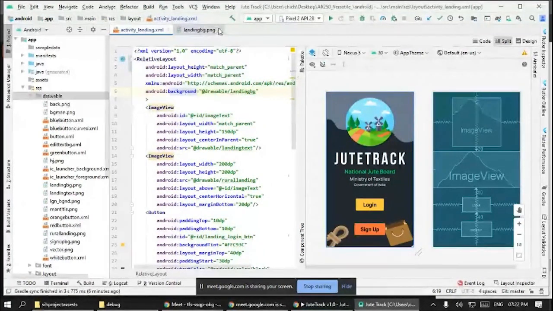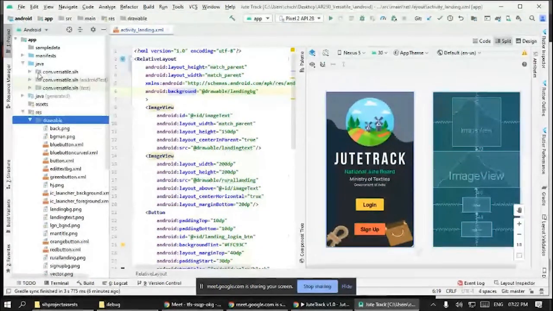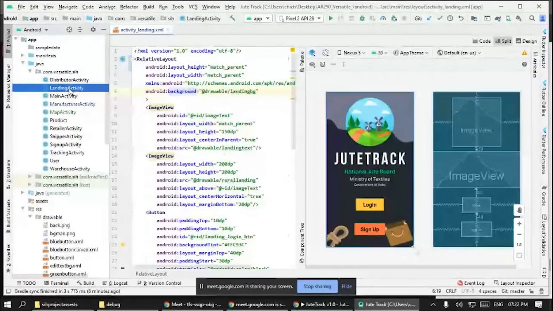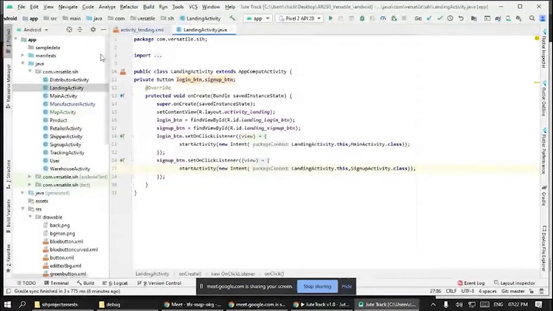And to make this functional, there you have Java. Here it is. Where is my file? There is a pool of files. I think it's landing activity. Always name your file so that you won't get lost. Like there are a lot of pages here, and I'm looking at my activity one, and I'm like, which is this activity? That would be so confusing for me to figure out, right? There will be a lot of code. So I named it landing activity, then I will know that is the landing activity.